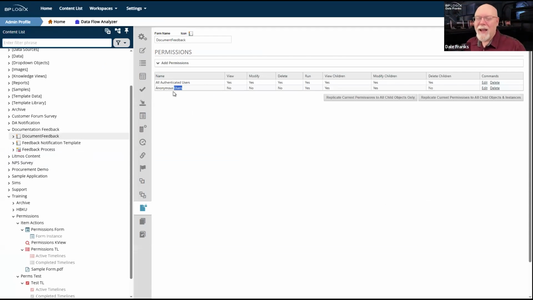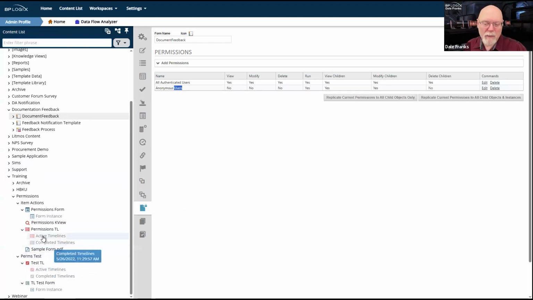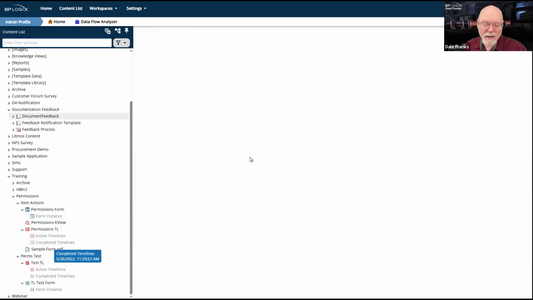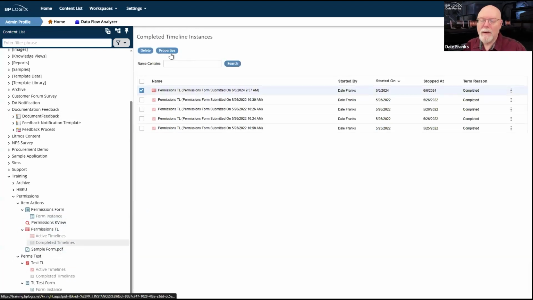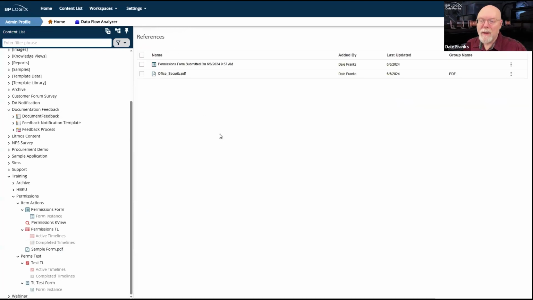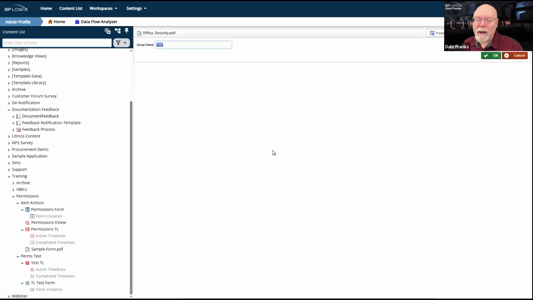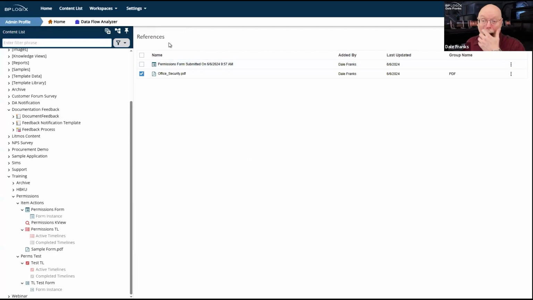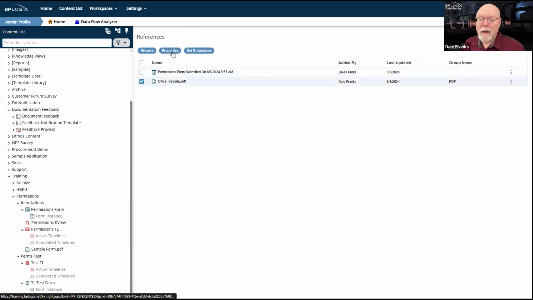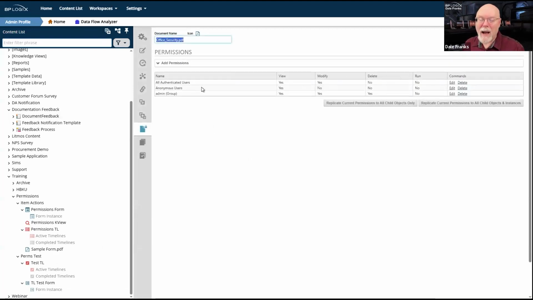So by being able to go in and give anonymous users permissions, as I did here in my process timeline, you could conceivably create a security hole in your system by using the item actions custom task and allowing anonymous users to do things. Now, look, there are other safeguards in the system.